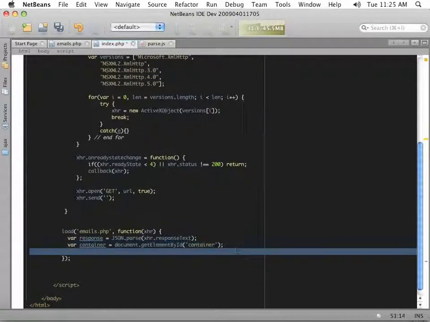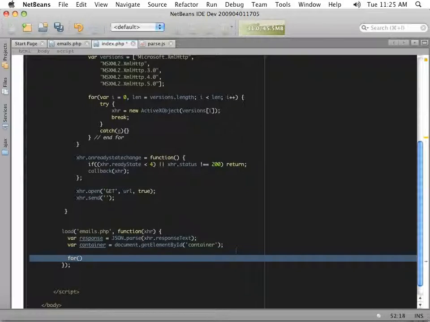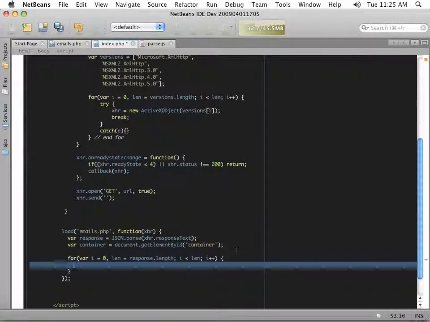Now we've stored that in a variable, and now let's just loop through it. So for var i equals 0, and always len is going to be equal to response.length. That's the total number of items that was returned, and i is less than len, i plus plus. All right, and within here, we're going to get that container unordered list, and we're going to set the innerHTML,